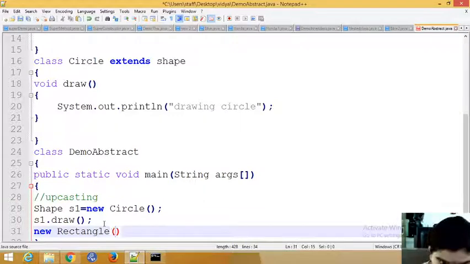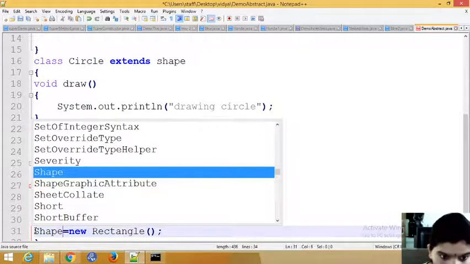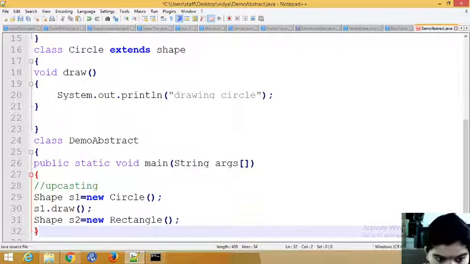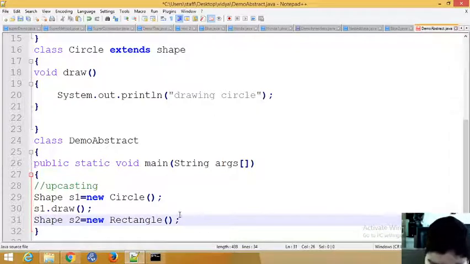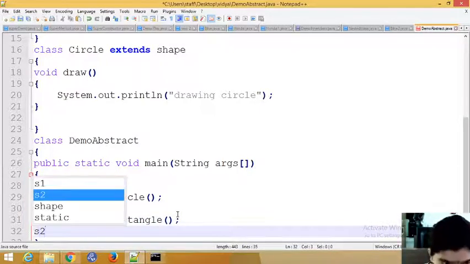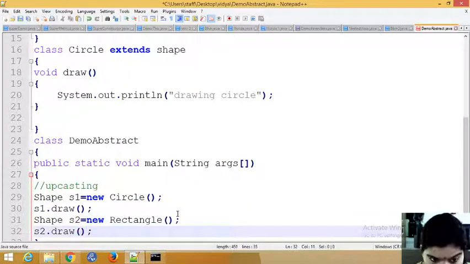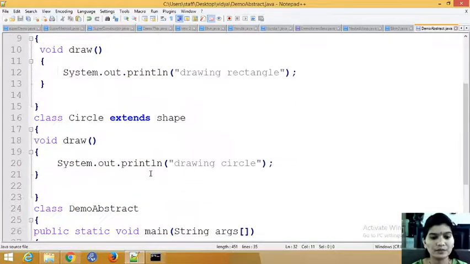Rectangle, and you are upcasting it to the superclass, Shape s2. So call the method now. Using this you can call the method s2 dot draw. The method names are the same but the implementation is going to be changed. So this is how you are going to achieve abstraction here.